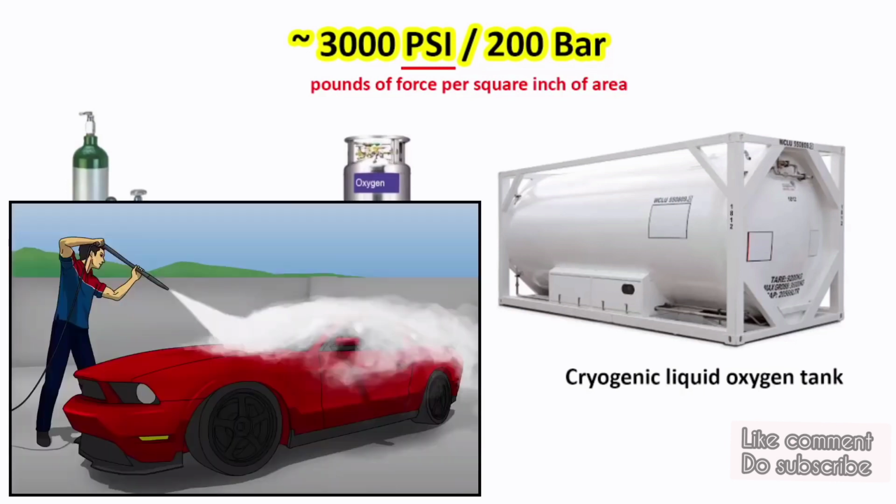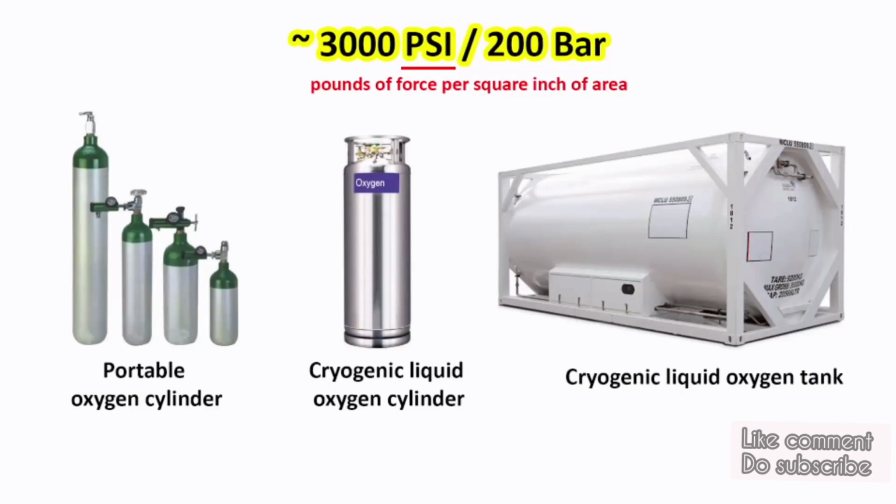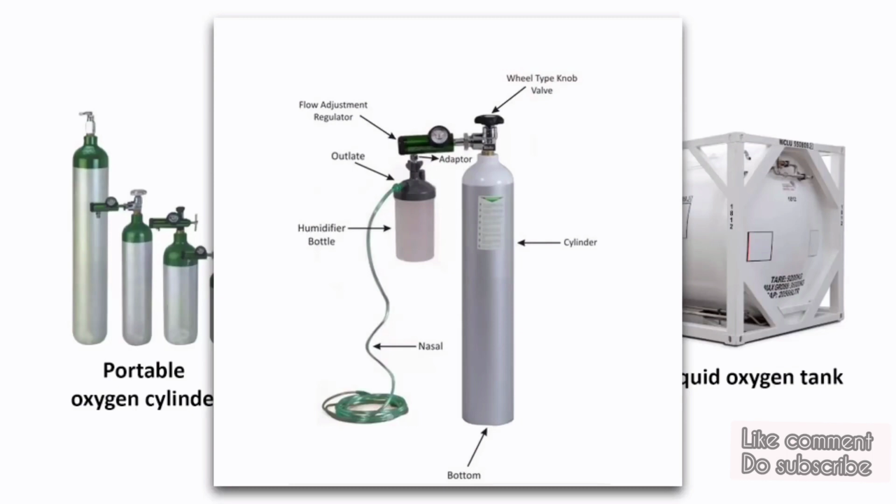When you give your car for cleaning, you will notice they clean your car with a high pressure water spray gun. With that much pressure, you can easily clean all the dirt from your car. Anyhow, liquid oxygen is stored in the cylinders at around 3000 psi. These cylinders come with a pressure regulator that allows you to set the output pressure. A patient in hospital needs around 50 psi, which allows slow supply of oxygen.